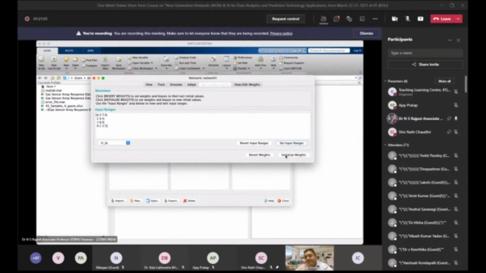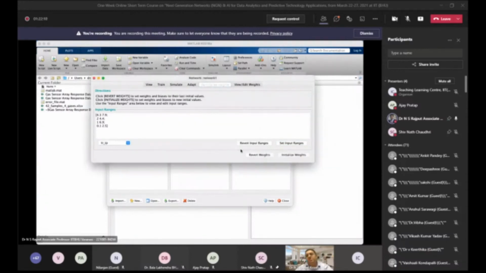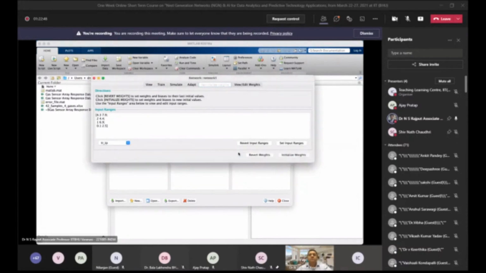Whatever the initial values of these parameters are, you can initialize them with some random values. You may revert it again, you may reinitialize, you may do it any number of times. It doesn't matter because internally it is just feeding some random values. Usually some random values would be so good that your network will be trained very quickly, but sometimes these initialization values may be such that your network would not be able to train. So usually it is just luck what set of random values you get during the initialization. So generally people simply revert it and then initialize it. Okay, so once you have initialized,